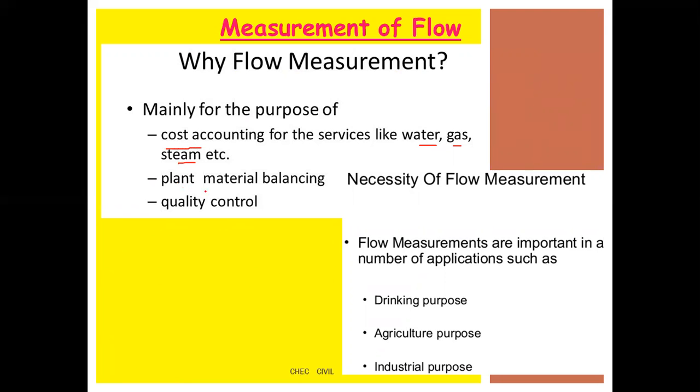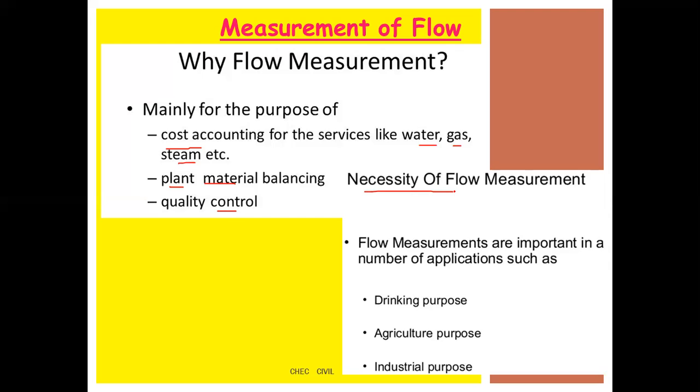Next one, plant material balancing. For plant and material balancing purposes you are using flow measurement. Next, for quality checking and control. Next thing is quality control checking, where we are using flow measurement. And what is the purpose of flow measurement? What is the necessity? These are very, very important